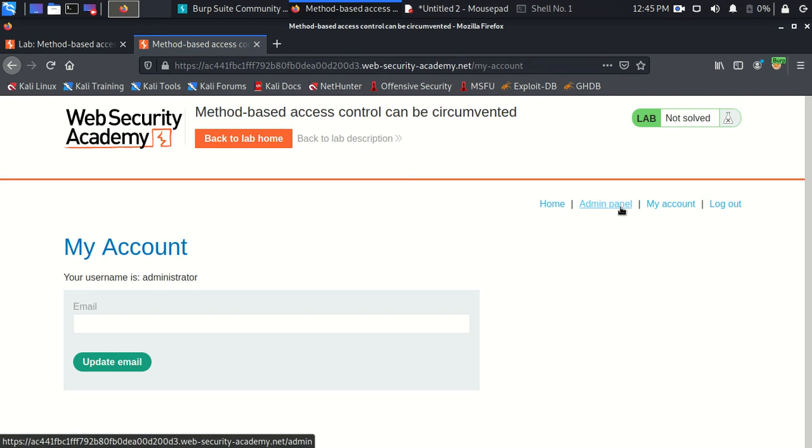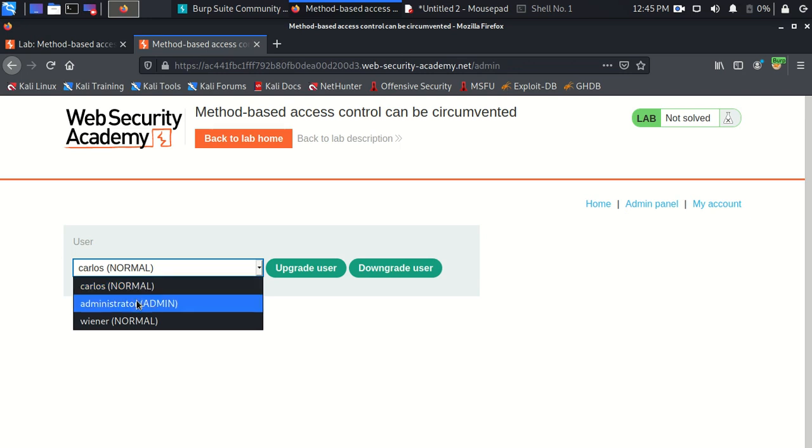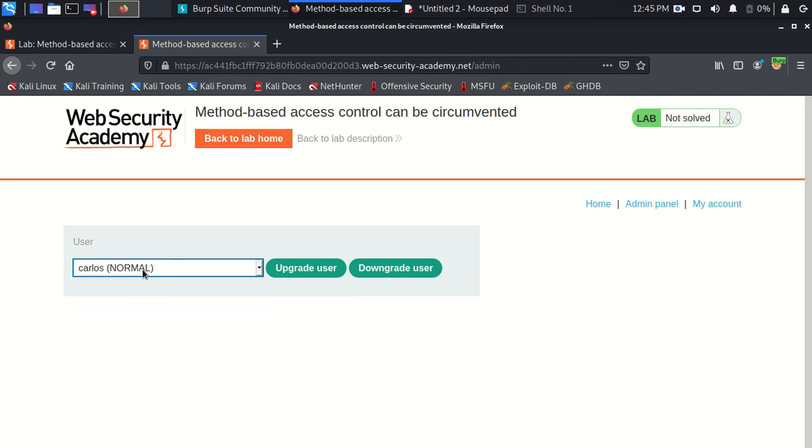The next thing I want to do is go to the admin panel, and here we can see the list of users: Carlos, administrator, and Wiener. First I will try to upgrade the user Carlos, and you can see that user now becomes the administrator, right?